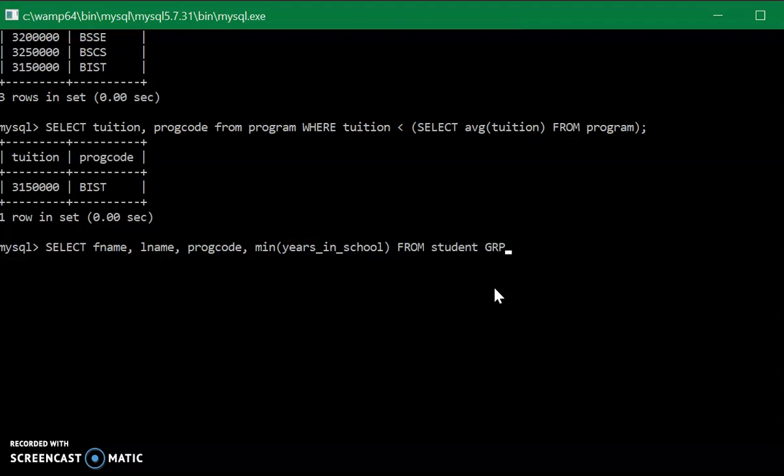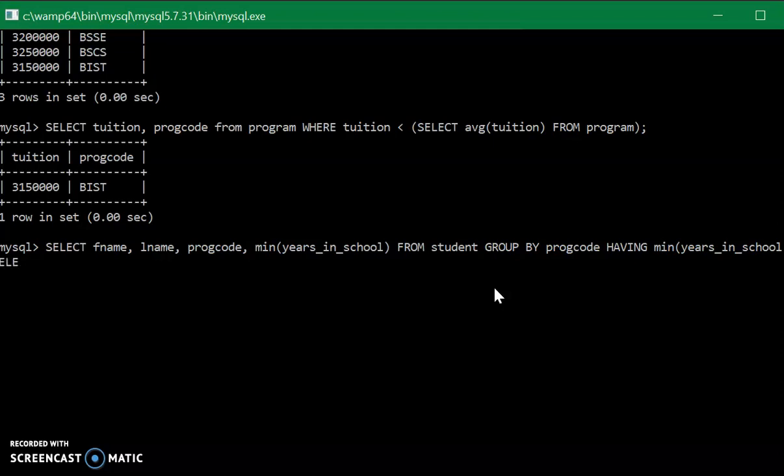You can say group by prog code, and then you say having minimum in brackets years in school less than, in brackets,